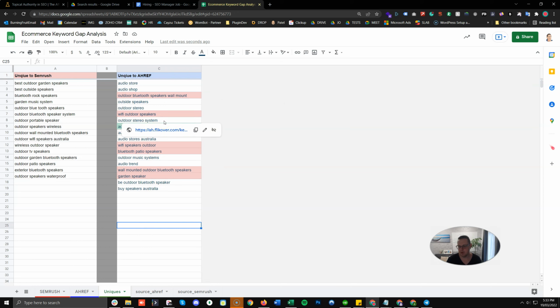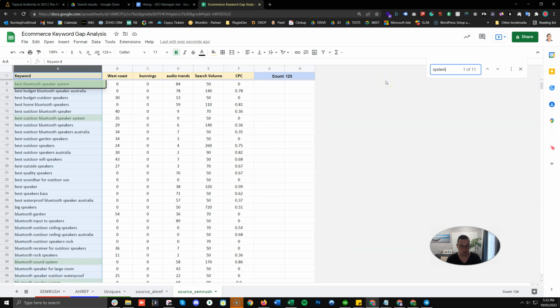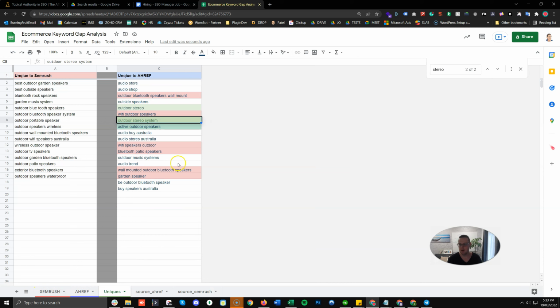Outdoor stereo system. We could just look at stereo system, I suppose. See, system is quite a lot in here, and I think stereo as well. Yeah, look, system appeared quite a bit and stereo appeared as well. So I would maybe give half points here or half reductions only, because part of that was also provided by